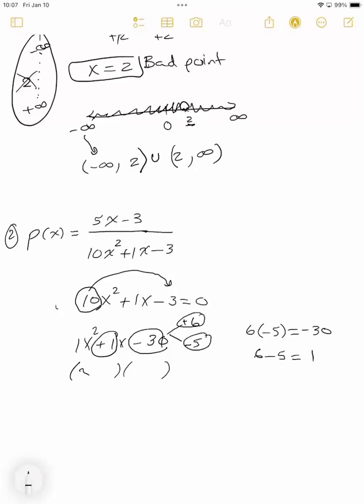We break x to the power 2 as x and x. We put positive 6 and negative 5 inside the parentheses. We divide them by this number 10. 6 and 10 are reduced. You have to remember to divide by this coefficient and reduce. So you get x is equal to,